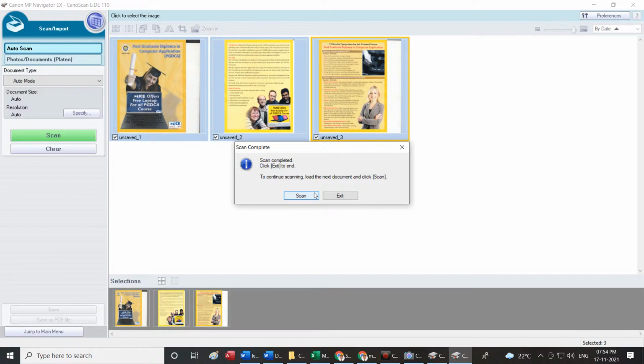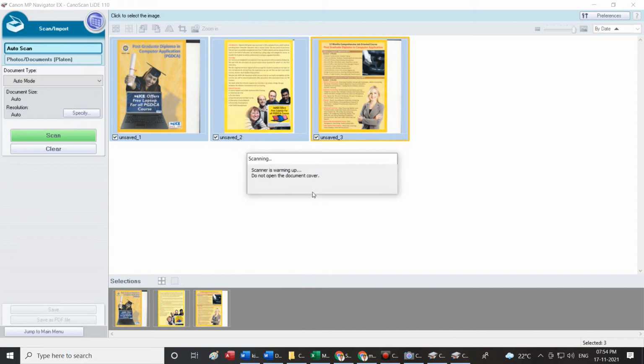If I have a very old photo that I want to scan, it could be done. It has an arrow mark here which indicates that the image has to be kept like this. And then I say scan. See, when the image is not exactly kept in order, the scanned image will not show in this place. It will be in reverse order. That is where you can use turn left and turn right.